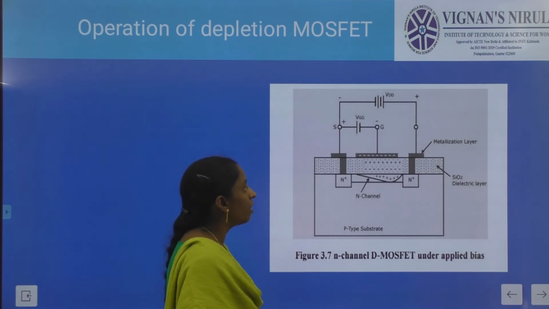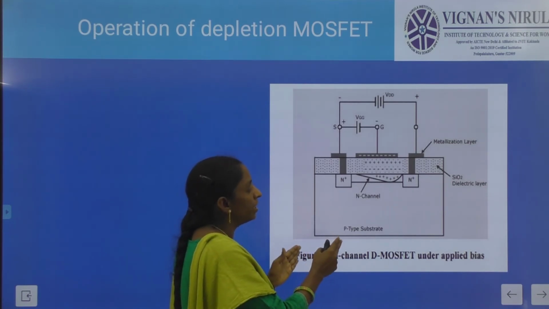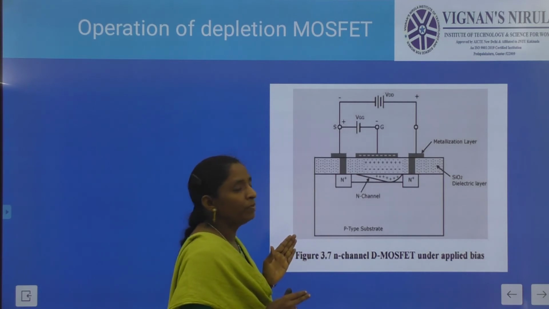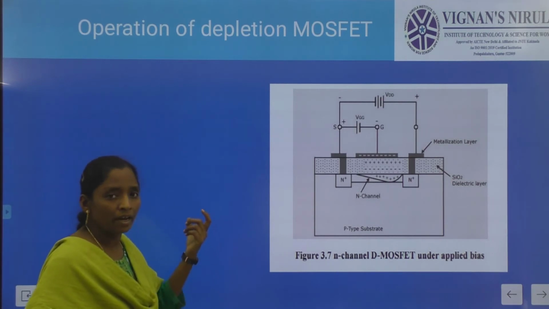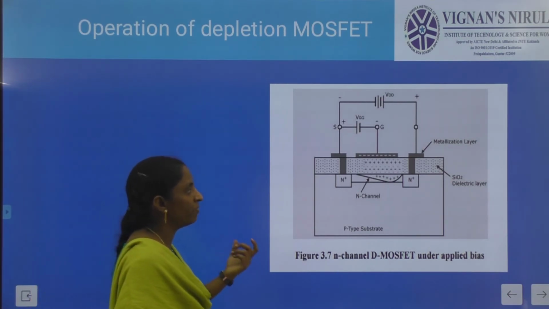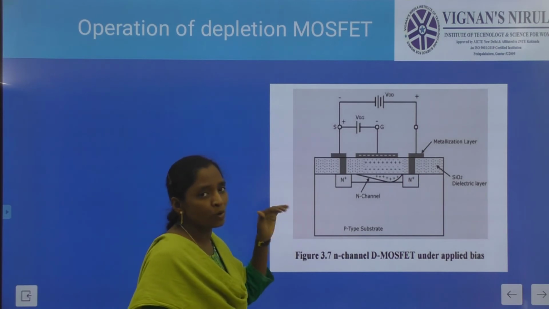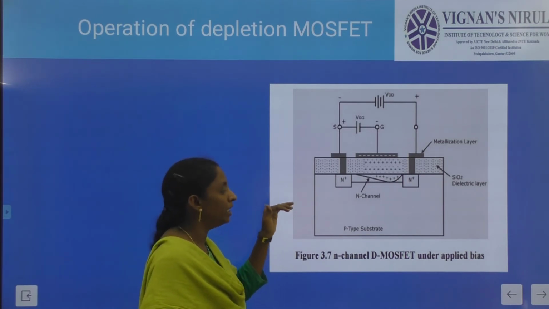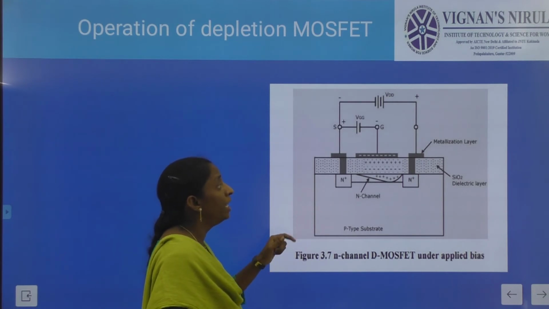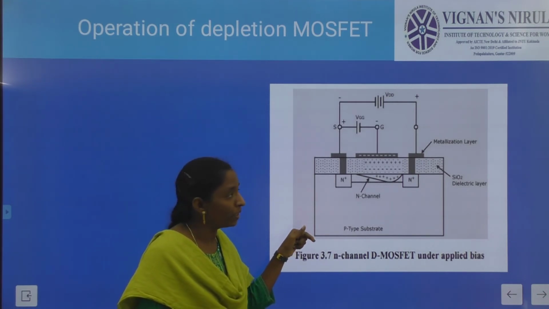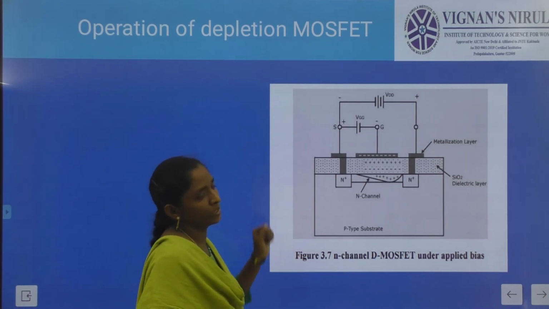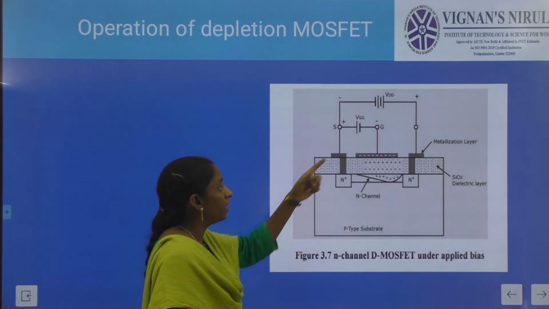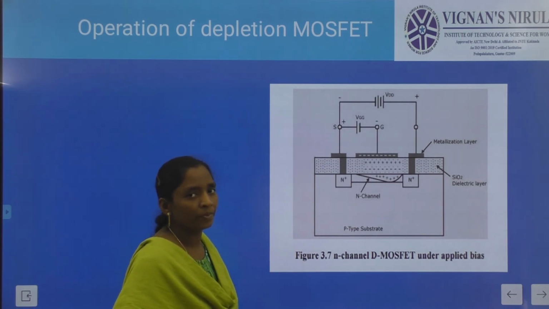Due to the application of negative voltage at the gate, and we are applying positive voltage at the drain with respect to the source. In the previous circuit, the enhancement mode MOSFET, we applied positive voltages at both the gate and drain. But in the depletion mode MOSFET, we apply negative voltage at the gate terminal and positive voltage at the drain terminal with respect to the source. Okay? Now negative voltage at the gate will create